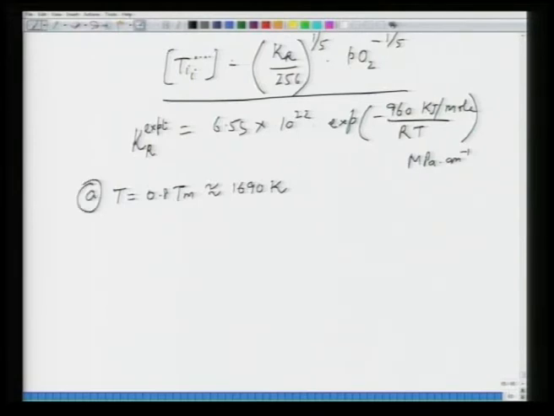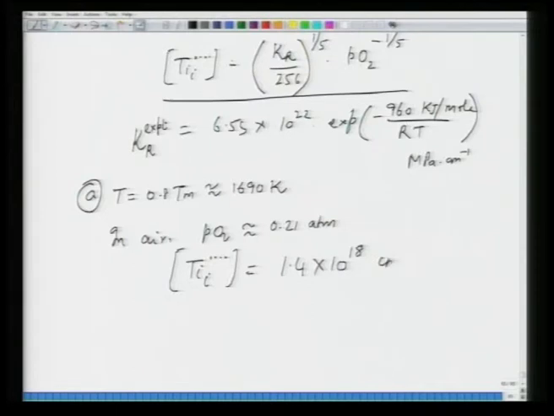So if you put in this value of temperature, you can work out what is Kr, and PO2, let us say in air, PO2 is 0.21 atmosphere. So if you work out Ti now, make sure you put the right units in every place, because units are very important,